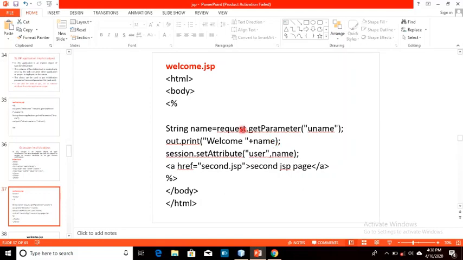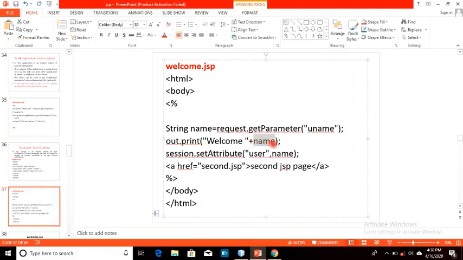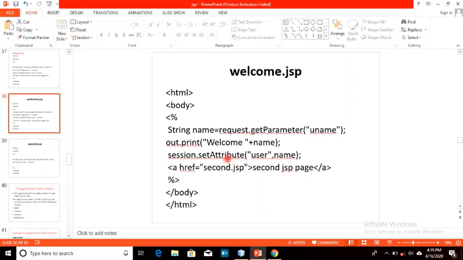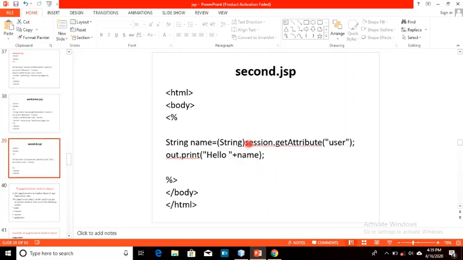We will store this particular username in the session variable we have created with the name user, and this value we have stored in this user. And if we are going to traverse any next page, then what will we do? We will extract this particular value with the help of session.getAttribute.